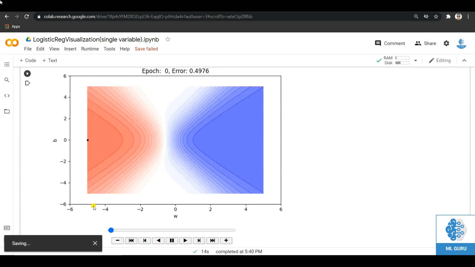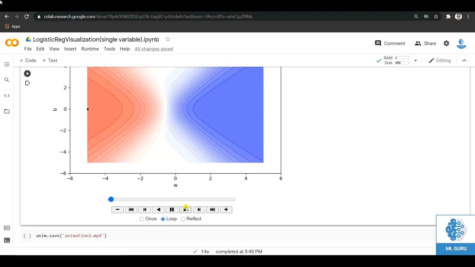So we had initialized the value of w to minus 5 and b to 0. So it starts from here, and as I told you earlier, in this flat region the value of gradients will be very close to 0. So after updating it will not update that much. So let's see how it does.